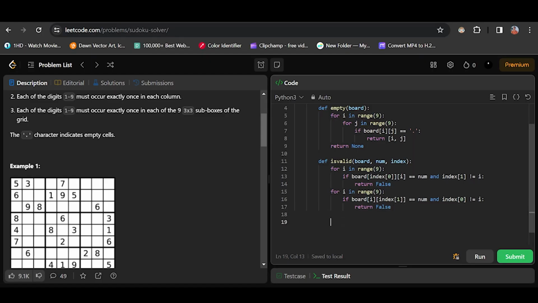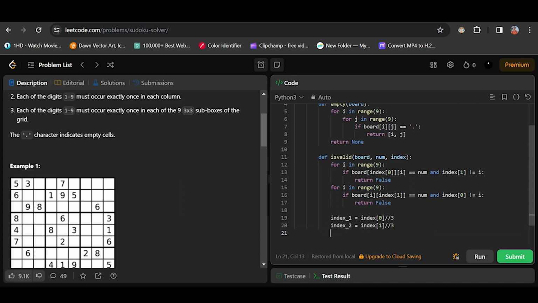So now what I'll do is index 1, to find the index of the subsquare. Index 1 is equal to index of 0 floor division by 3. Same thing for index 2. Index 2 is equal to index of 1 floor division by 3. All right. Now what I'll do is that